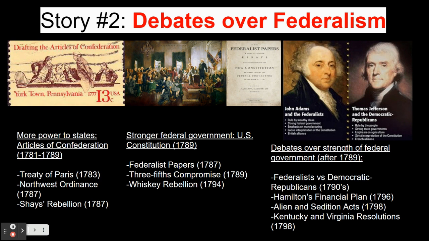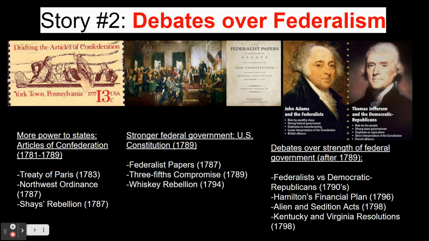Thomas Jefferson, who was Washington's Secretary of State, saw these policies as unconstitutional. To Jefferson, the Constitution should be read more strictly. Powers not mentioned in the Constitution were not allowed. By 1796, the disagreement between Hamilton and Jefferson had led to the creation of two distinct political parties, the first in our new nation's history. The Federalists followed Hamilton's views on the Constitution, while the Democratic Republicans became the party of Jefferson.